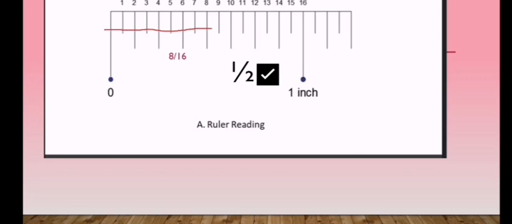So if you are measuring an object and it falls from these lines, you will not read that as 8/16, but rather you will reduce this one. So we have here 1/2. It also makes sense because in an inch there are 16 increment lines, and the half of 16 is 8. So it makes sense that your measurement is half an inch. So you will not read that as 8/16, but rather reduce this one, and our final answer is 1/2